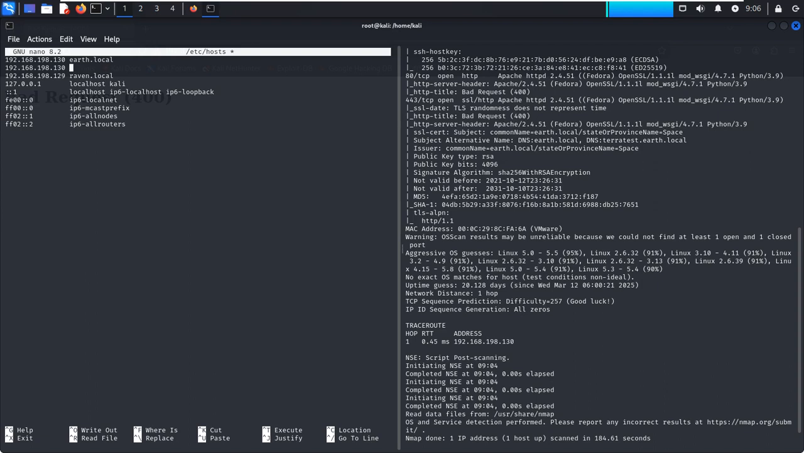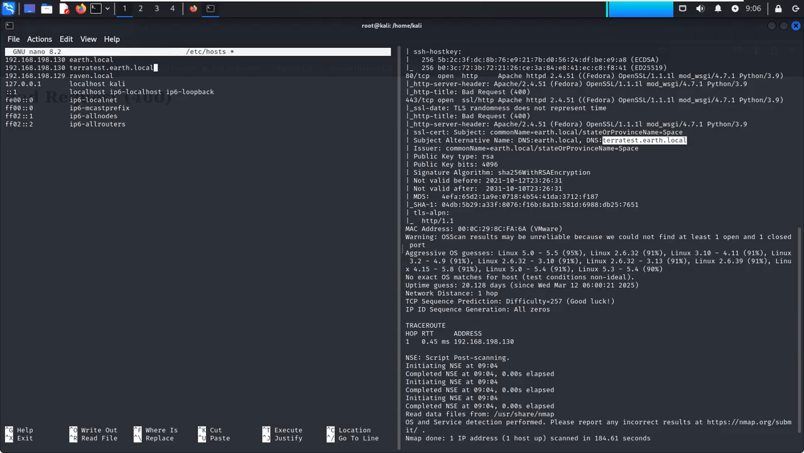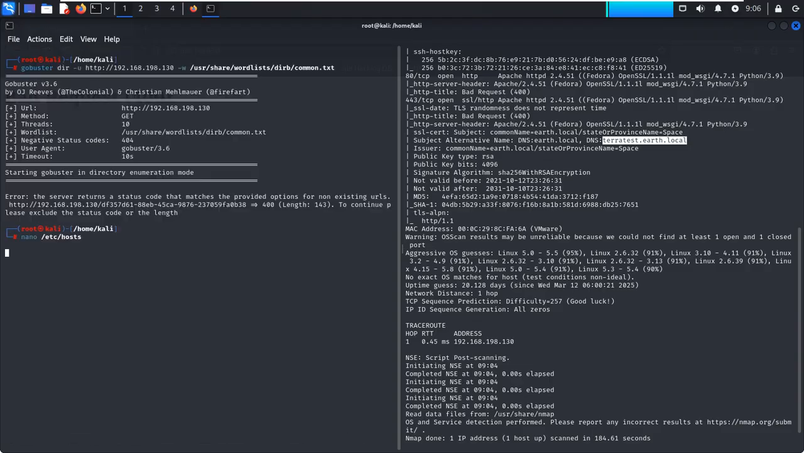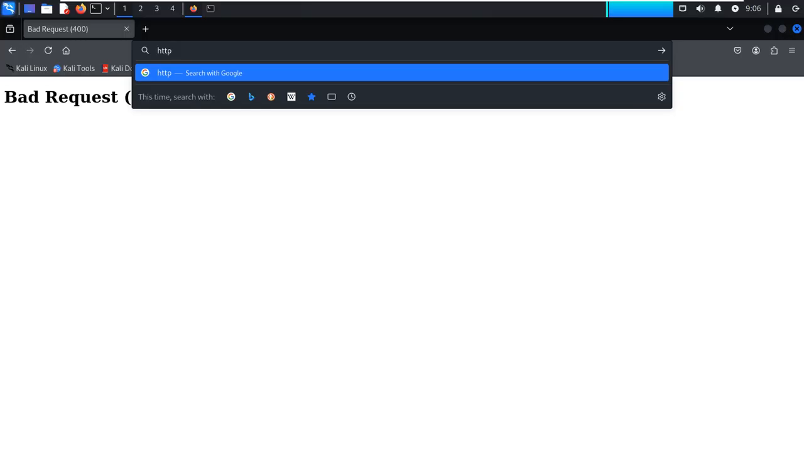And we're gonna put terratest.earth.local like that, and then we're gonna close that. And now what you're gonna do right here is go to the corresponding sites. So we have http earth.local,